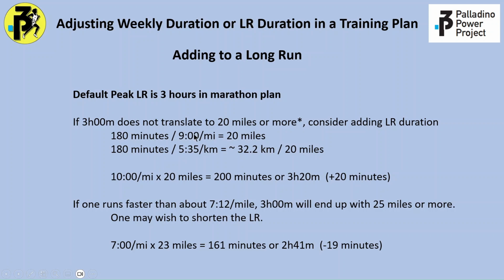If you're running slower than that, you want to add a little bit of time, if possible. So a 10-minute mile runner, for averaging in a long run for 20 miles, that's about 200 minutes, or 3 hours and 20 minutes. So in that case, you're going to look to add 20 minutes,